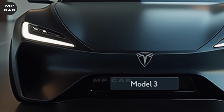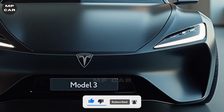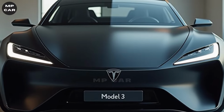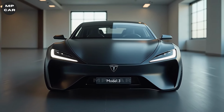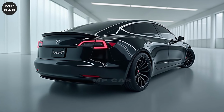Tesla has also improved the fast charging capability of the Model 3, allowing users to fully charge the battery in just 30 minutes at supercharger stations. This not only saves time, but also makes the Model 3 one of the most convenient electric vehicles for long-distance travel. What makes the Model 3 stand out in the electric vehicle market is its advanced self-driving system and modern